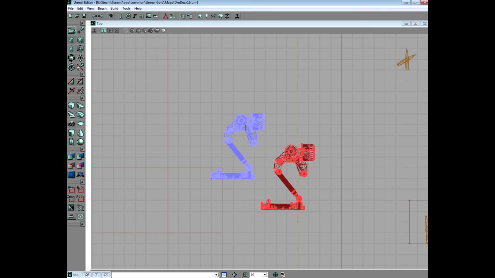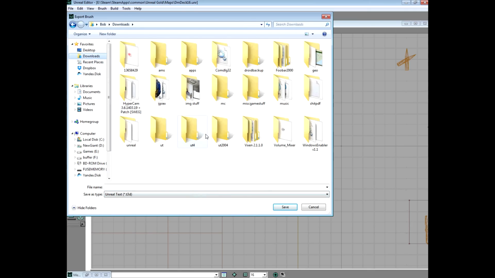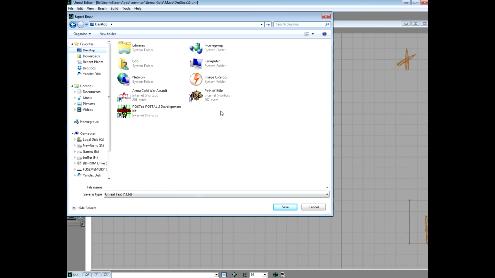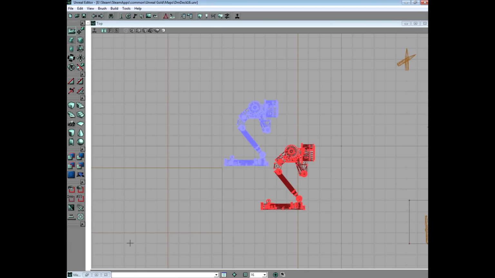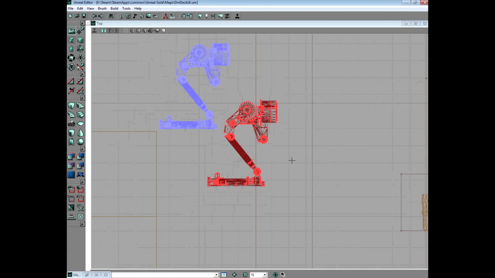What you can do here is, if you really want to go completely nuts, you have your brush, right? And now you can take your brush and export your brush. I don't think I'm actually gonna show you this right now, but let's just say test. It's gonna be a T3D file. I really don't want to show this now because it's outside the realm. I'll have to show it separately. But what you can do is take this brush and put it through a program that's designed for Unreal Tournament maps. It's called Meshmaker. It turns a brush into a vertex mesh.